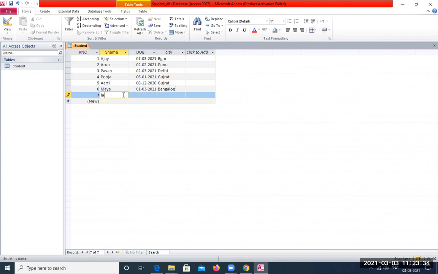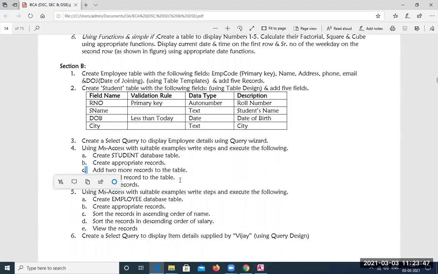This is the last record. We are done with adding 2 more records to the table here. The next thing is deleting the second record of the table, and last is to view the records.